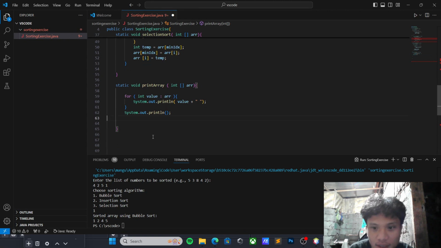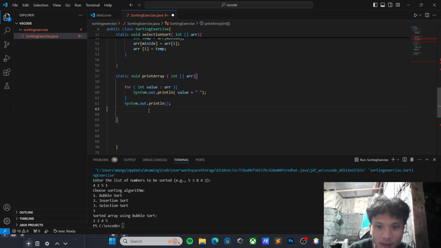And I guess that's it. So how does it work? The for loop iterates through each element in the array, and it uses System.out.print to print each integer followed by a space. And we have here a new line after the loop. System.out.println adds a new line to separate the output.